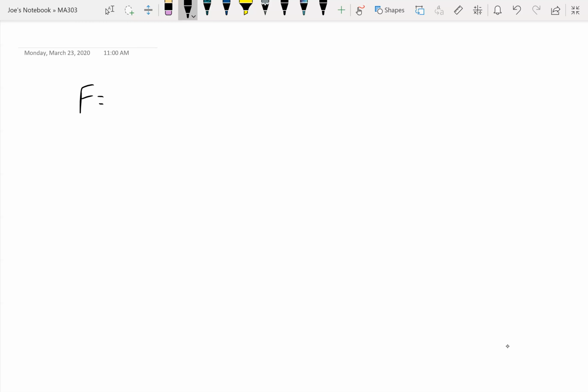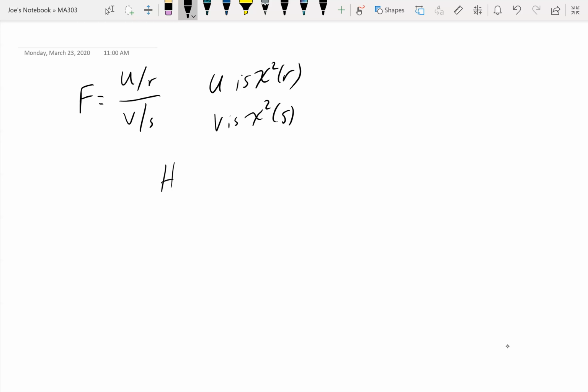So, all right, we already know that for our F distribution, remember, you have to have a chi-squared divided by its degrees of freedom, and divided by another chi-squared with its degrees of freedom. So U is chi-squared of R, V is chi-squared of S. And in the video, and also in your book in section 7.4, they go through and say that if you're doing hypothesis testing that the ratio of the variances